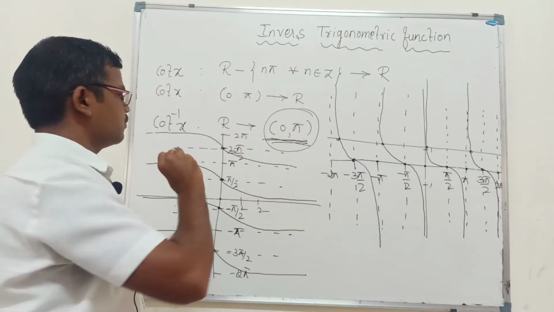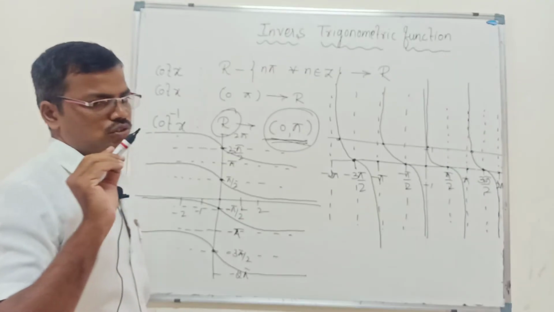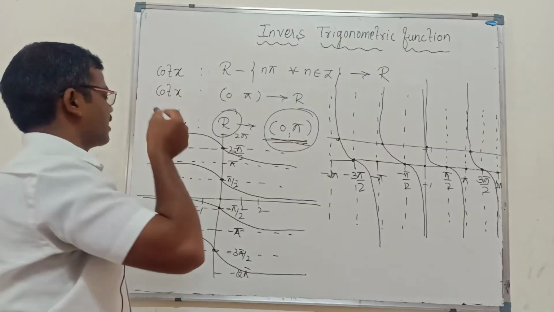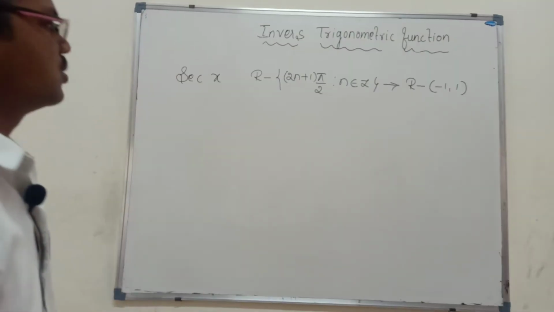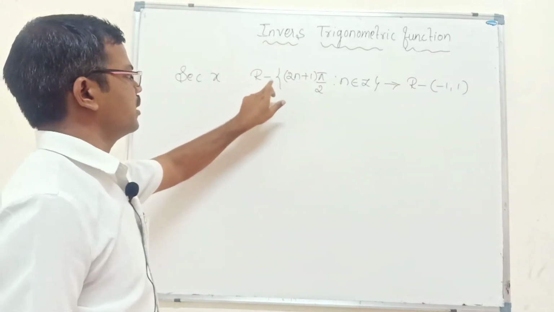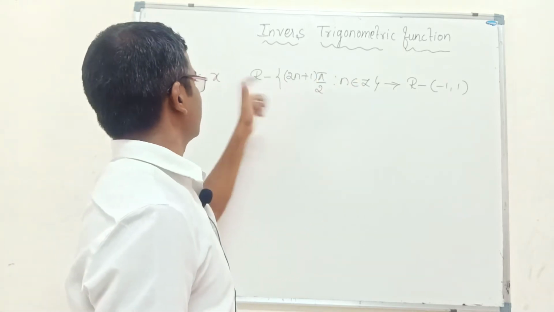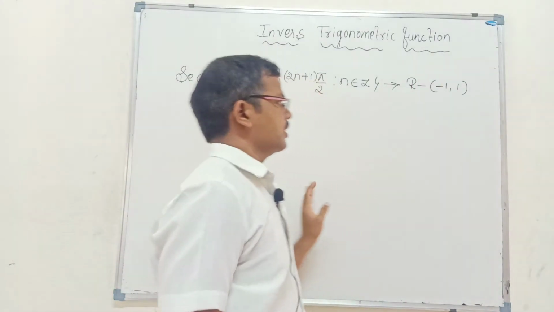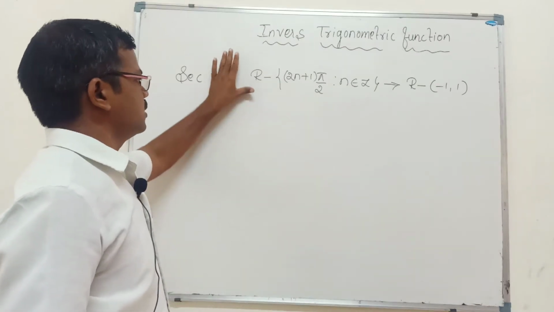What is the domain of that cot inverse x, that is the real numbers. These are the things you must and should remember. So let me move to the next, that is sec and cosec. So next we come to sec x, which is a function from R minus (2n plus 1) pi by 2, where n belongs to Z. It is the domain of sec x, and the range is R minus the open interval minus 1 to 1, which we have already discussed in the first year.